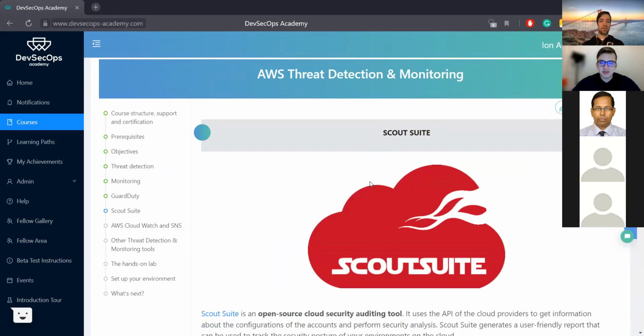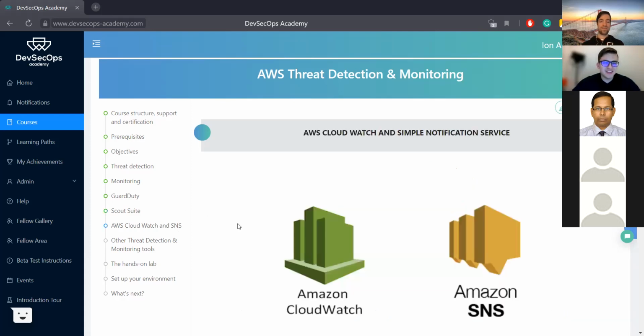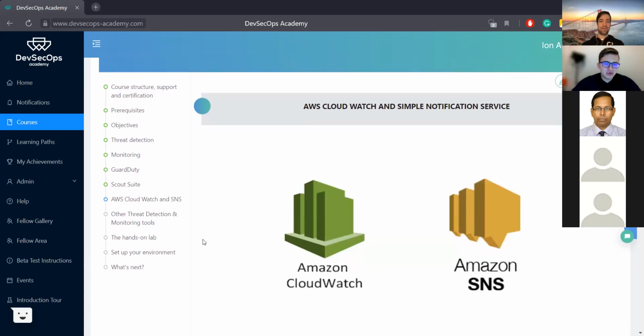It's cross-cloud, so it can be used in many clouds. If you are interested in learning how it works and what it can do, you should, of course, complete our course. Then you'll get introduced to AWS CloudWatch and AWS SNS.